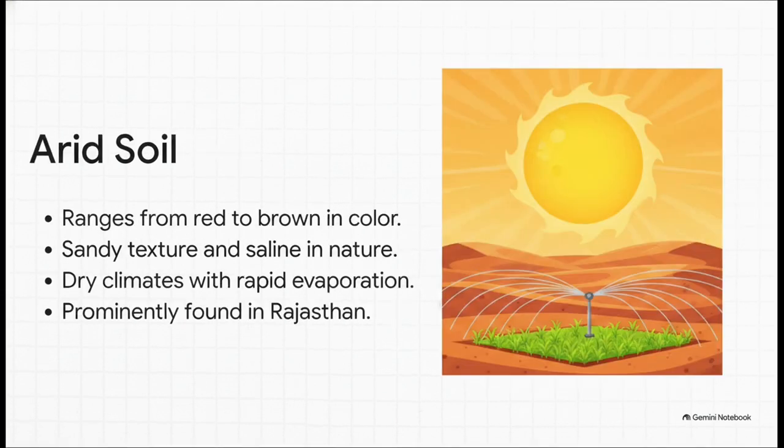Finally, we've got arid soil, which ranges in color from red to brown. Found largely out in the western parts of Rajasthan, this soil has to endure extremely dry climates, blazing temperatures, and super rapid evaporation. That gives it a very sandy texture and a saline nature. Because the moisture evaporates so fast, it severely lacks humus and water, meaning it needs a ton of irrigation to